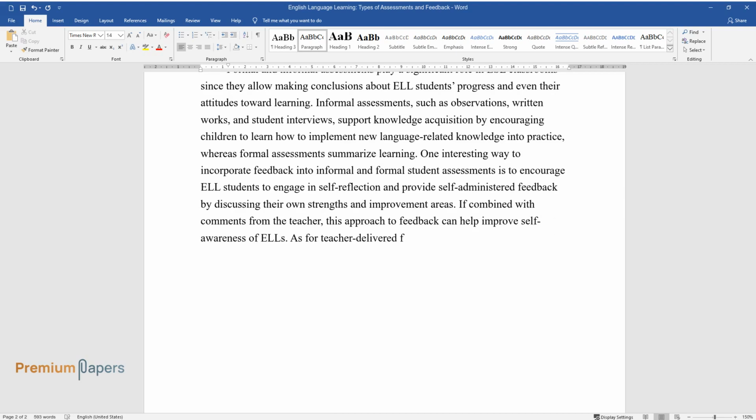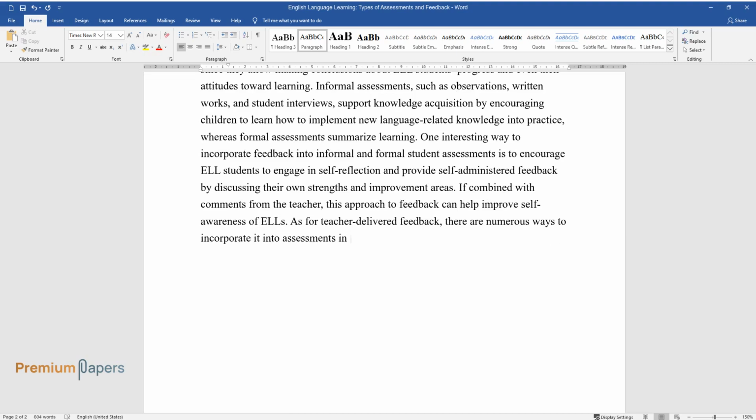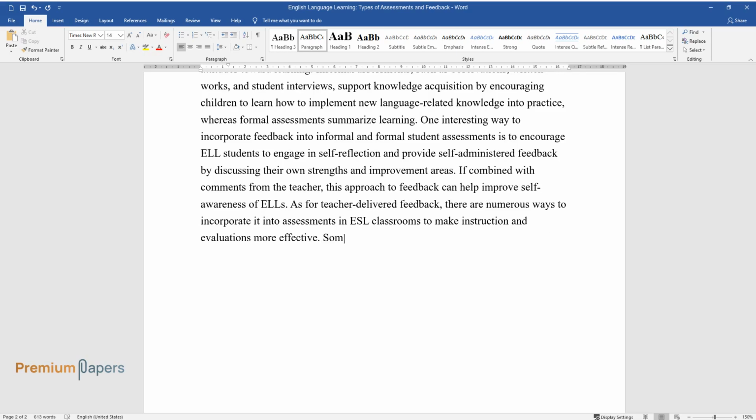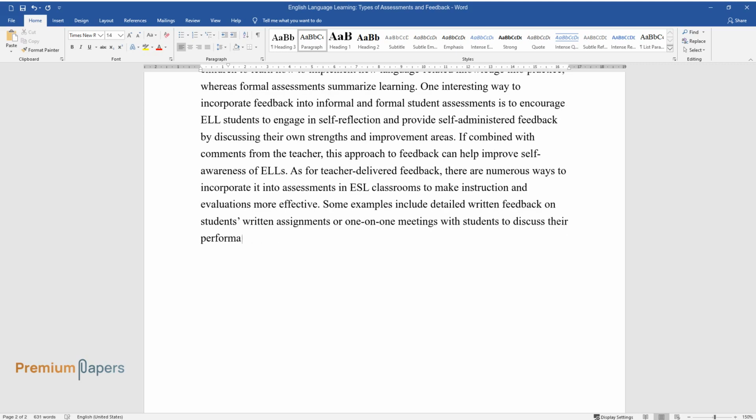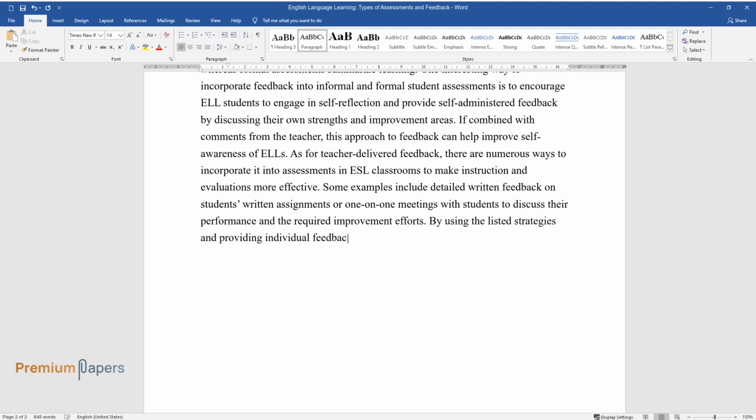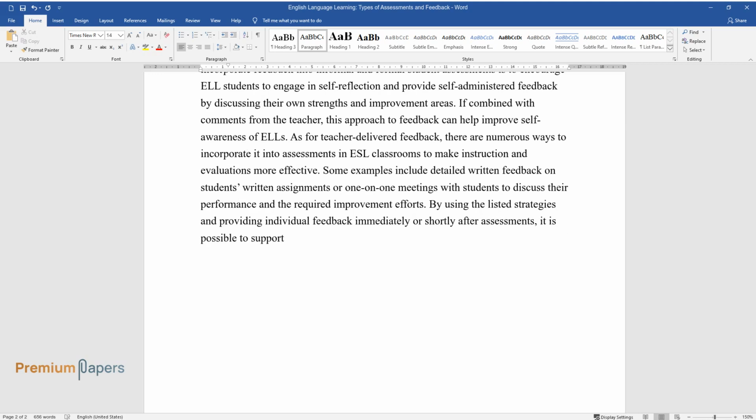As for teacher-delivered feedback, there are numerous ways to incorporate it into assessments in ESL classrooms to make instruction and evaluations more effective. Some examples include detailed written feedback on students' written assignments or one-on-one meetings with students to discuss their performance and the required improvement efforts. By using the listed strategies and providing individual feedback immediately or shortly after assessments, it is possible to support ELL